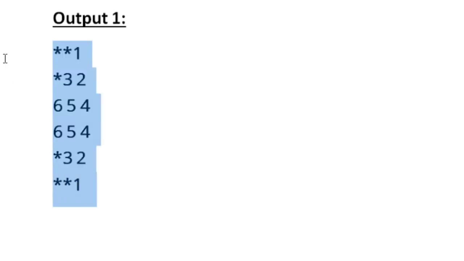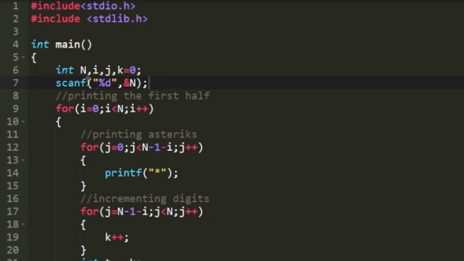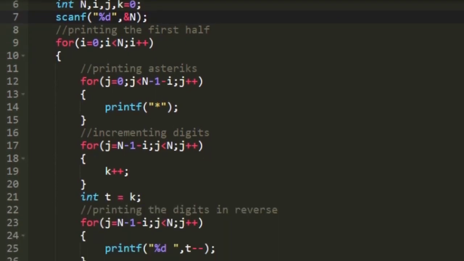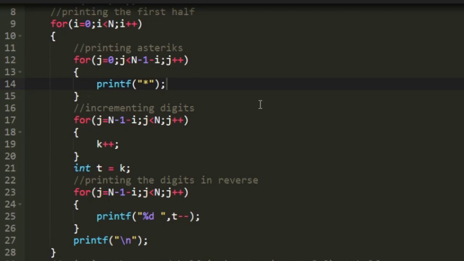Now let us see how to write a C program for this. This is the program I have written. Initially I have declared some variables, and in the next line I am accepting the value of n. Now I am going to print the first half of the pattern. I iterate the loop from 0 till n. While printing every row, first we have to print the asterisks, and only then the digits.